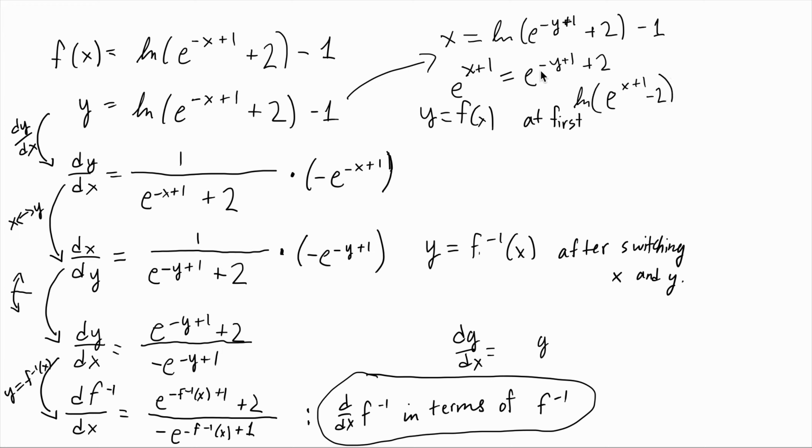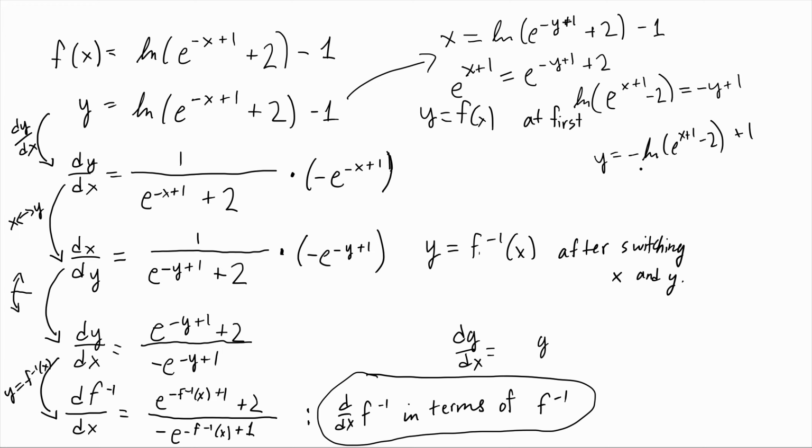Natural log after the 2 is moved over here, and then on this the ln and e will cancel out, and you'll be left with negative y plus 1 over here. Okay, so a little swapping: we can move this natural log over here to make it negative, this negative y over here to make it positive, and the 1 will stay over there. So it'll look like y is equal to negative natural log of e to the x plus 1 minus 2,